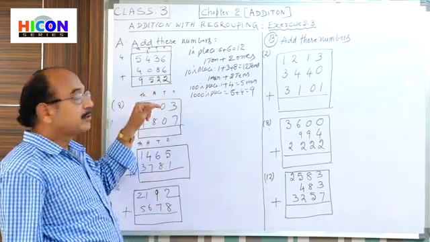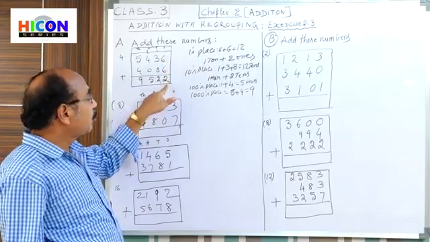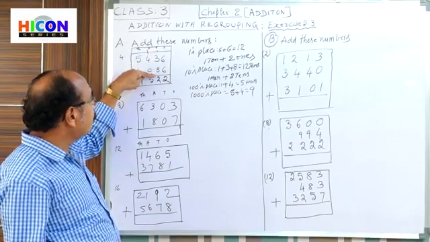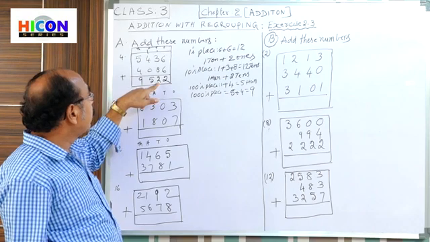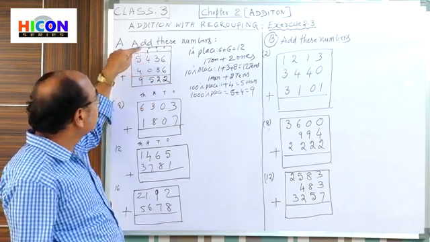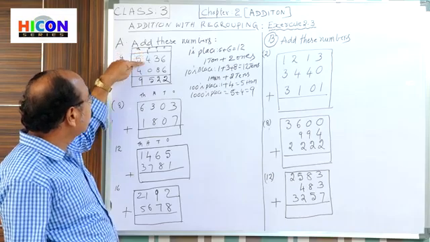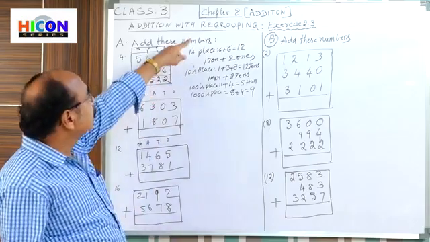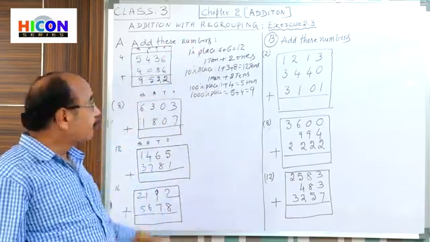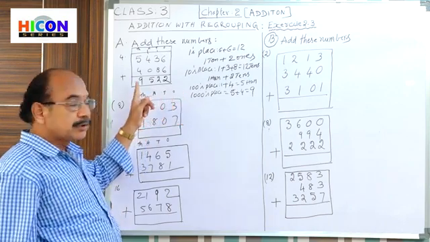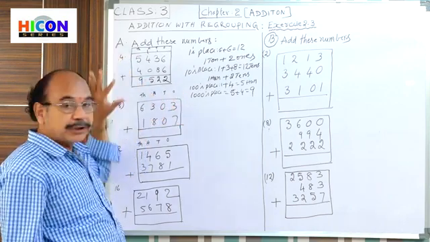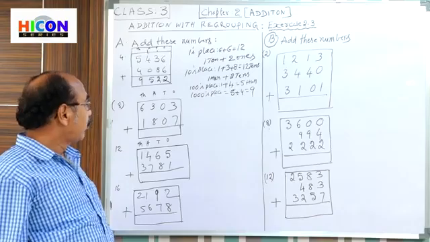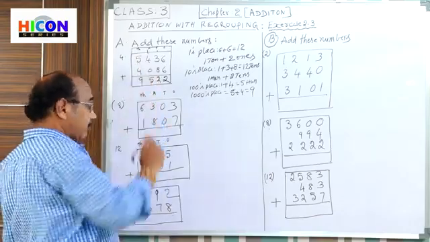9,520. Like this. Once again see, 6 plus 6, 12. 2 I wrote here. 1 in the tens place carried. Then 3 plus 1, 4. 4 plus 8, 12. 2 we write here, and 1 we write in the carried 100, in the hundreds place. 1 plus 4, 5. And 5 plus 4, 9. 9,520. This is regrouping. According to regrouping, this is the sum of the two 4-digit numbers, 9,520. Okay, students, this is the work for the fourth question.